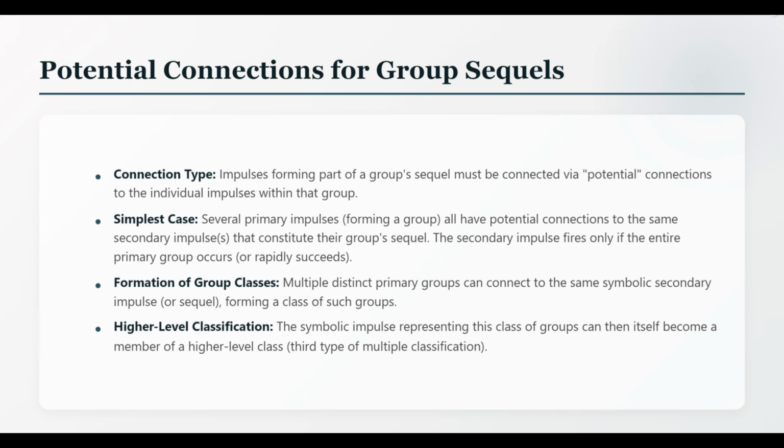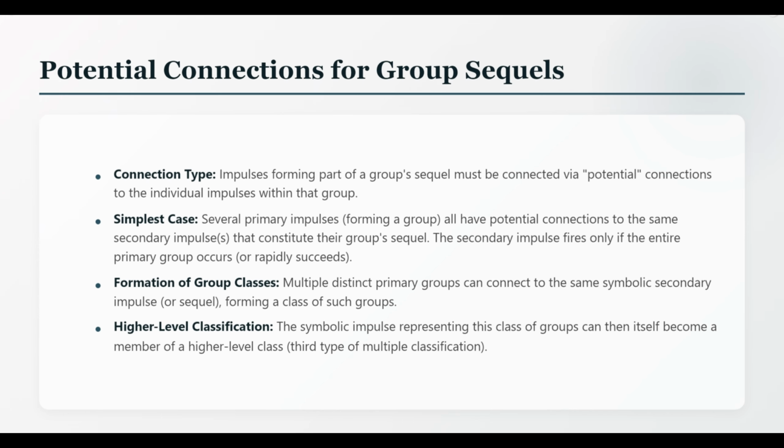How do these group sequels form? The impulses in the sequel must be connected via potential links to the individual members of the primary group. The simplest case: several primary impulses, say P1, P2, P3, all have potential links to a secondary impulse S. S will only fire reliably if P1, P2, and P3 fire together. Now imagine another group Q1, Q2, Q3 also connects to S. Both groups P1, P2, P3, and Q1, Q2, Q3 are now classified into the same class of groups because they both activate S. And this symbolic impulse S can then go on to form part of a higher level class,